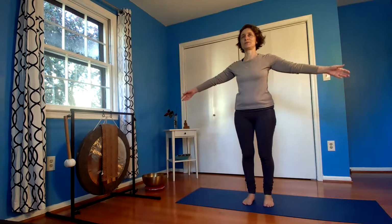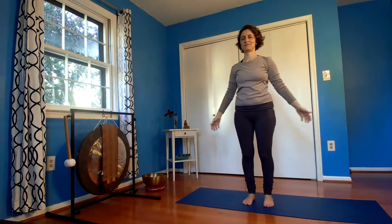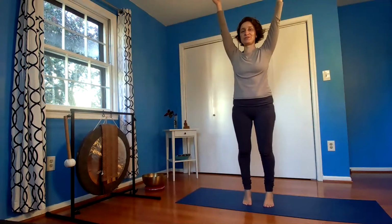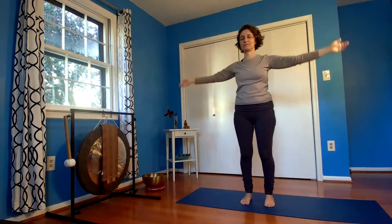With your inhalation, float your arms up. Exhale, bring the arms down. Inhale, bring your arms up, and this time let your heels float up. You're coming up onto your toes. And exhale, lower down. Continue. Lifting the heels, lowering down. Lifting the heels,